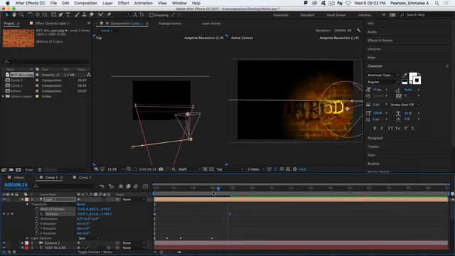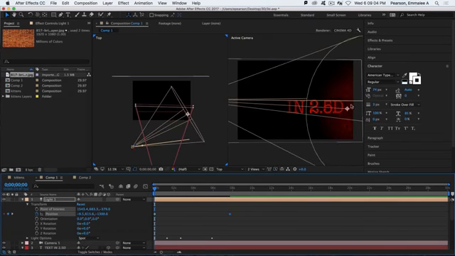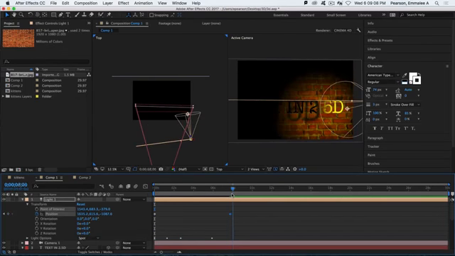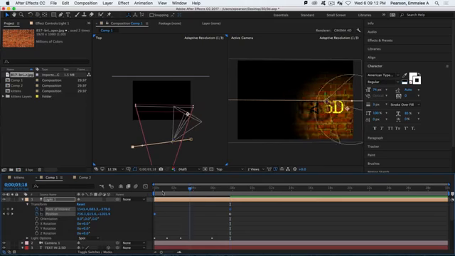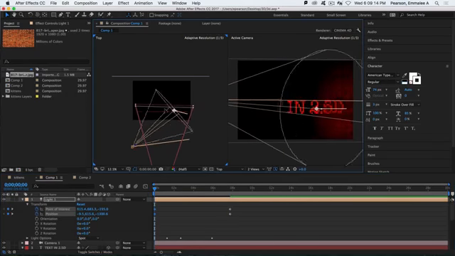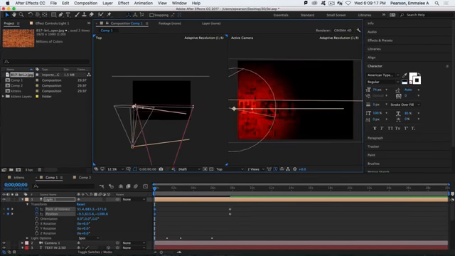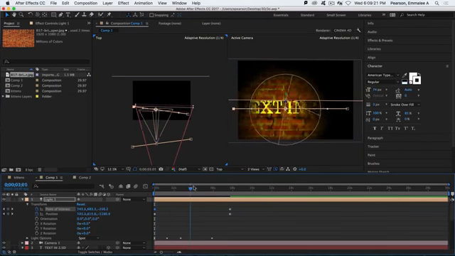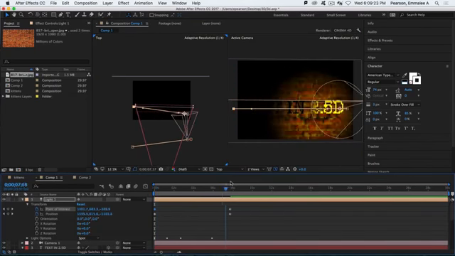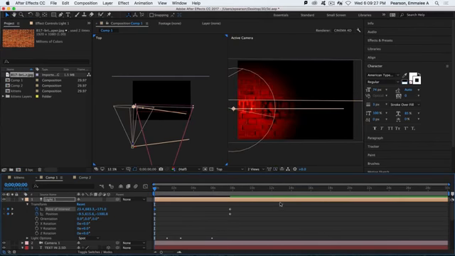The body is animating, but the point of interest is always staying on this right-hand corner. And that's the same thing the camera would do as well. So I actually want to animate point of interest also. I want it to be like that, but then at the beginning I want it to move this way. So the point of interest and the position are two different things, and then I could have it moving across my text. And you can see it's animating the color, but then the shadow is automatically changing based on this